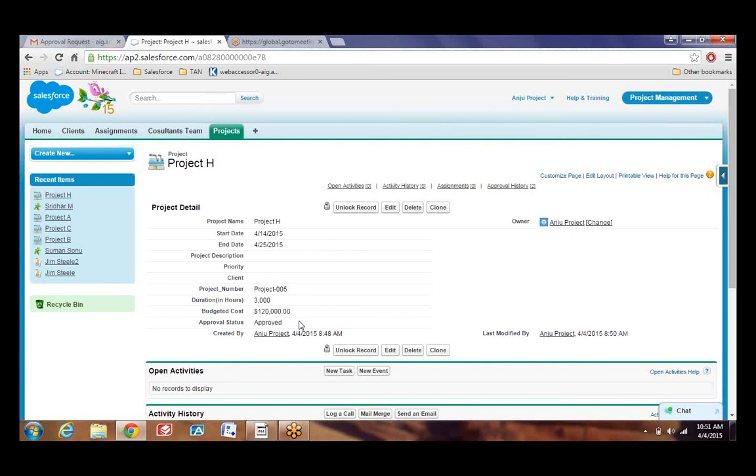So that should not happen. For that reason, anything which has been approved stays locked. If the approver rejects it, then it gets unlocked. Got it? Clear on this? Approval process.